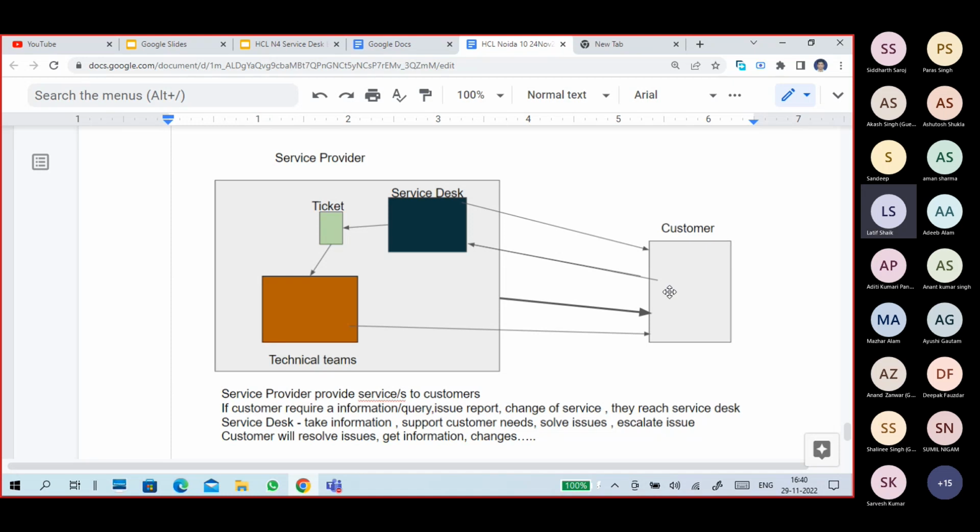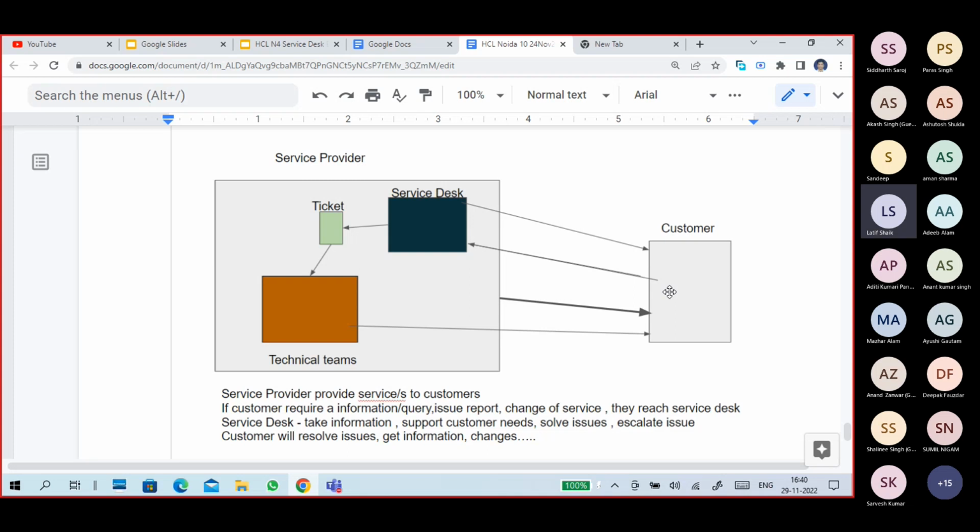Then they create a ticket for the customer. In the ticket, the service desk will mention the customer location, callback method, and the customer requirement, meaning is it a service problem, or maybe he wants a change of certain services as a service request.